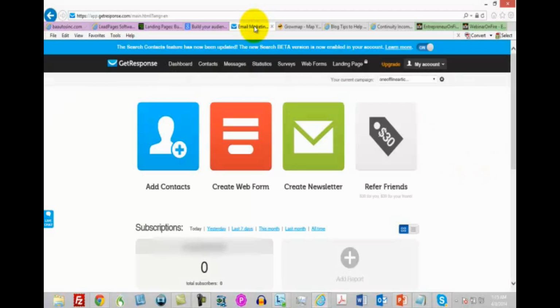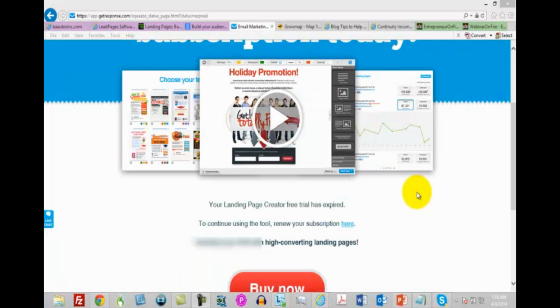We're talking about those foundational elements. One of those things you're going to have, obviously, is an autoresponder. Now, you're looking at GetResponse right now. There are several available. There's Aweber and iContact and lots of different autoresponders. GetResponse does have a free trial. One of the benefits is that they've got a landing page feature built into their pricing that will allow you to build landing pages with ease at a rather affordable price. I think it's $15, and it's going to tie directly into your